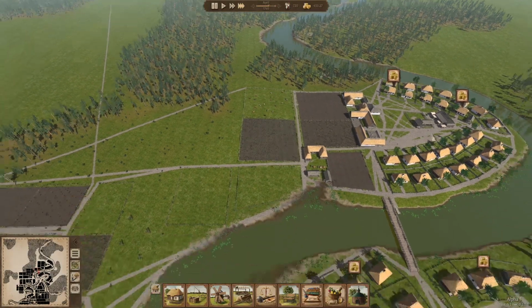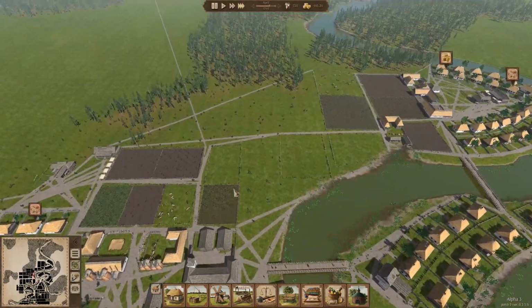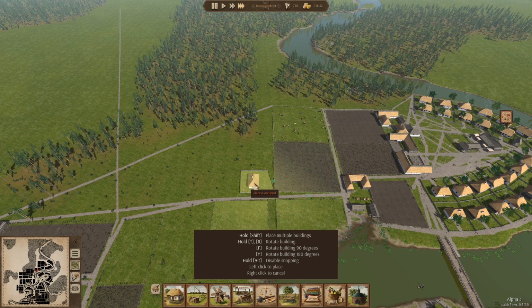We have a market here. We have a market here. So I don't think we really need another one. We did add this one a couple episodes ago. So we could probably actually put some more houses up here. So why don't we go ahead and do...